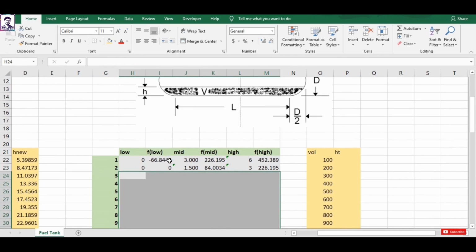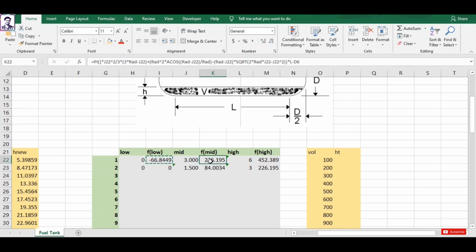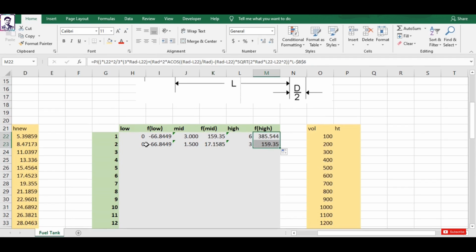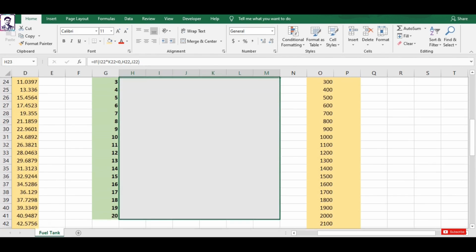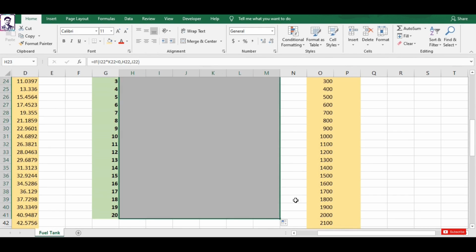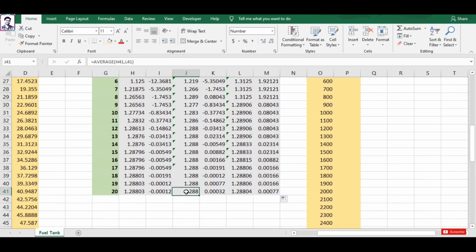And once you have fixed the problem, for now you simply delete those values, which you are going to reproject again. You copy this corrected formula and paste it in the F mid, and I can paste it in the F high. Copy again and paste it in the F high, and make sure that your subtracting factor is always the total volume, which is constant for the case here for now. And again drop it down to the second row, and now you can confidently select all of them and drag them down to 20 rows below, and you have your solution